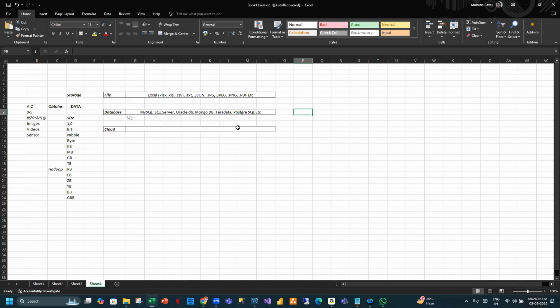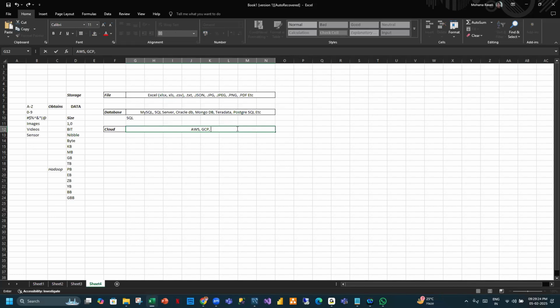Now tell me some examples of cloud, then we will compare database and cloud. AWS, Azure, GCP, Oracle. I also want the cloud name along with the company which is providing. AWS by Amazon. GCP by Google, Google Cloud Platform.